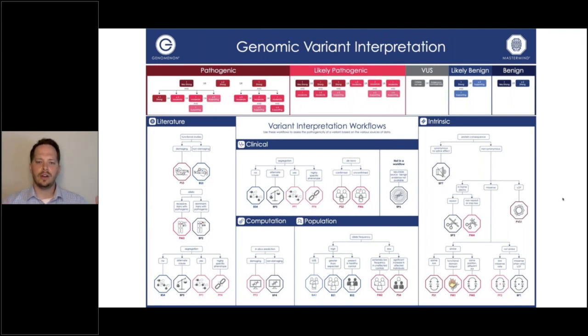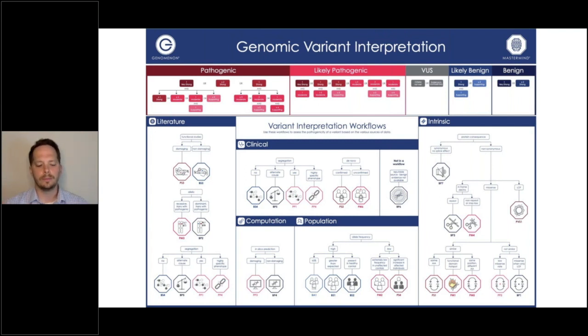And so the ACMG framework was the first attempt by that working group to provide reproducibility for these variant curation and interpretation activities. I should say it's ACMG/AMP criteria, but we're going to focus on the ACMG side, the constitutional side here. And this poster I'm very proud of. I can't take any credit for the aesthetics here. That was all Candace and the marketing team and some talented graphic designers on my team. I have no claim to ownership of how beautiful it looks, but it's really a way to better understand the content of the Richards paper by segregating that information into separate